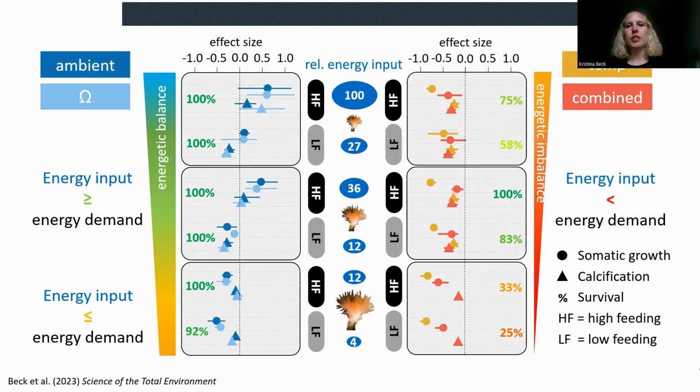If we have a look at the 2 other treatments, elevated temperature and combination of elevated temperature and aragonite undersaturation, you can clearly see that none of the life stages received enough energy to meet their energetic demands. So the growth rates decreased in all of these treatments, and as you can also see, quite a decrease in survival rate, especially in the adult corals.